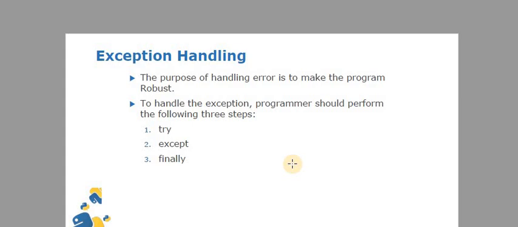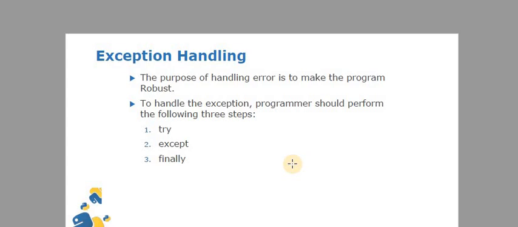Now, what do you mean by exception handling? We already discussed that if any runtime error is generated, then without interrupting the execution of the program, we print or display an appropriate message, which we can do with exception handling.